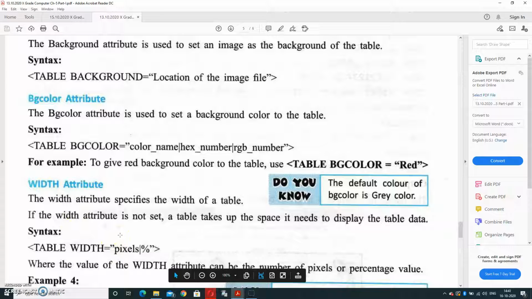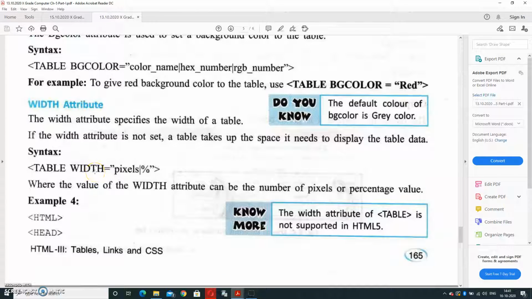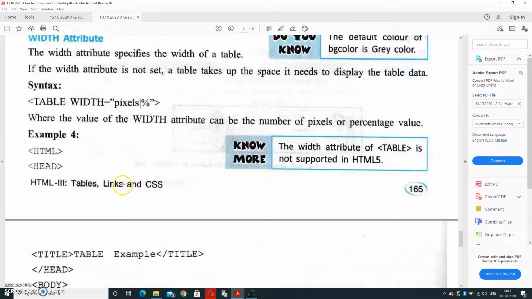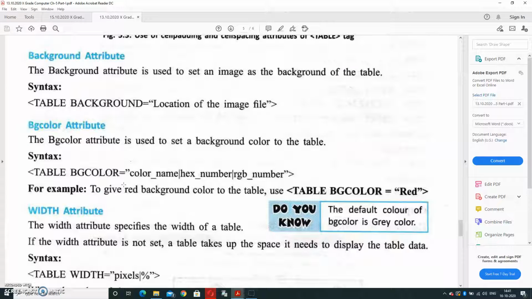It will be in percentage or pixels. Now we will discuss it through a program. If the width attribute is not set, the table takes up a lot of space as needed to display the table data.